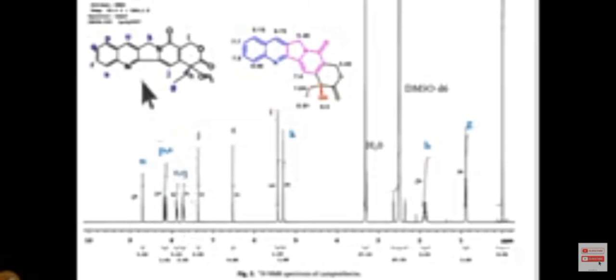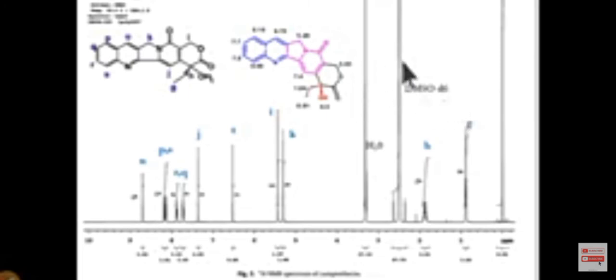R and Q are these two protons. They are shielded because they are away from the nitrogen, and P and S are a little bit downfield, or deshielded. P and S are here, at 8.1 and 8.06, whereas Q and R are at 7.7 and 7.9. So from this it is very clear that all the protons are assigned very well.